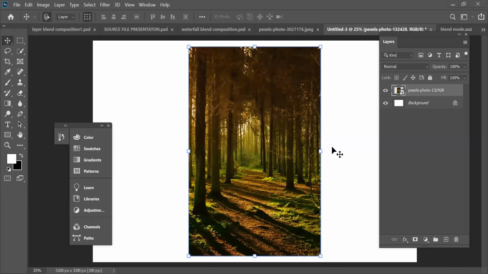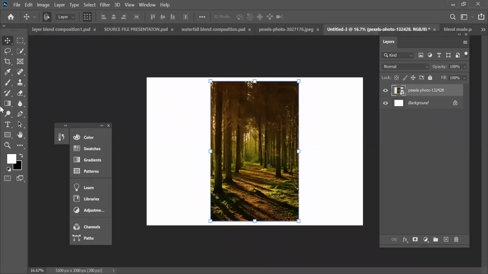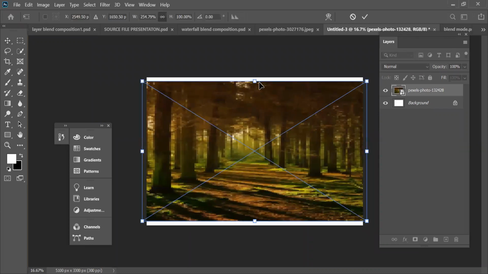Now, smart filter is something you can use unless you are playing around with the resolution of the picture, or adding too many filters, which later on you will not be able to recognize. That is when I suggest that you use smart filter. It's your choice. So I'm going to stretch this photograph a bit like this.